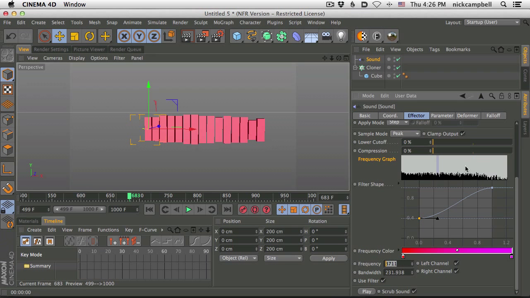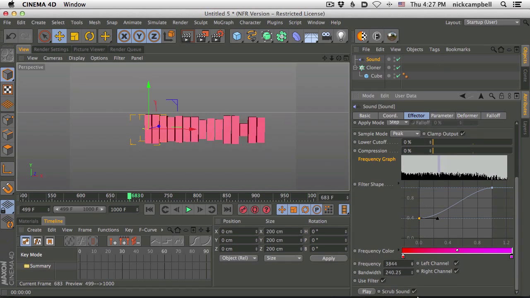So a couple things about that idea. Of course, in this song, we don't have any vocals really. It's all just kind of bass and drums and stuff like that. But if you have a vocal track and you're trying to make things move based on when people talk, this will become very important to dial that in, and then it will exclude the stuff you don't want, right? So let's talk about what it does and then what we could use it for.